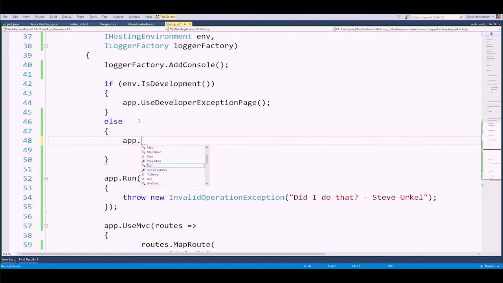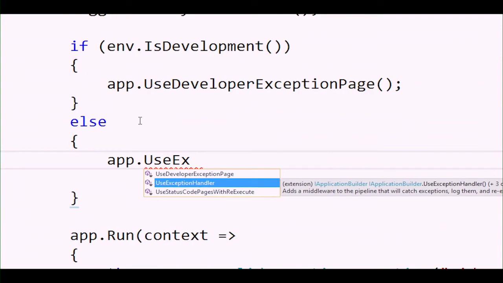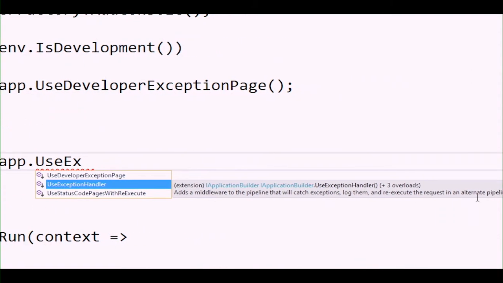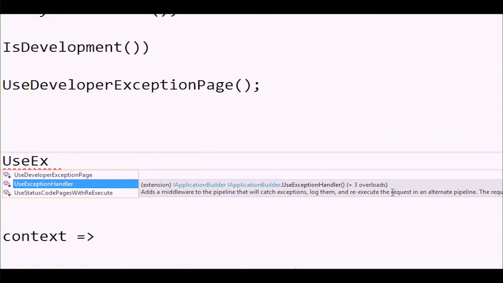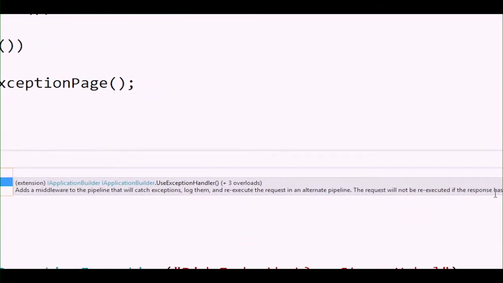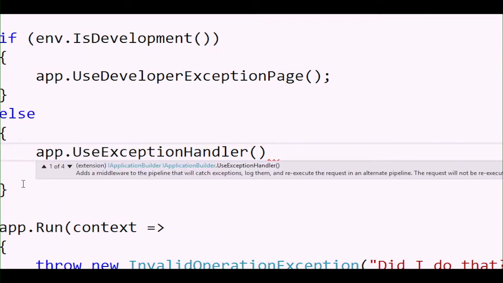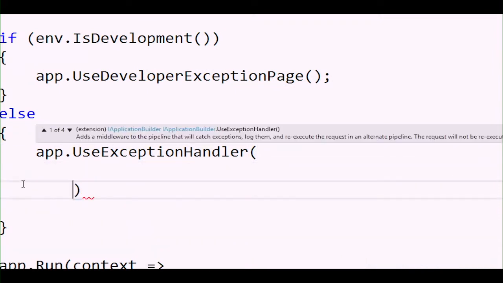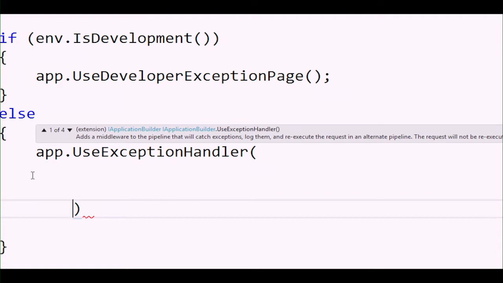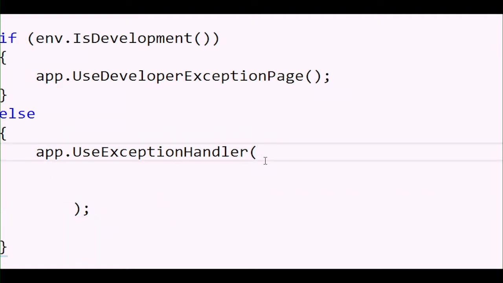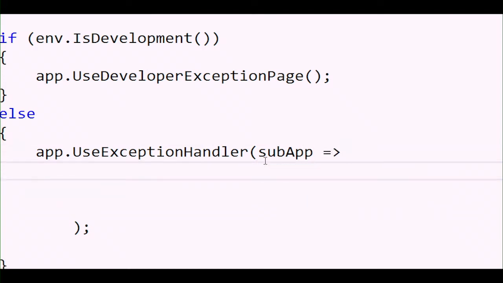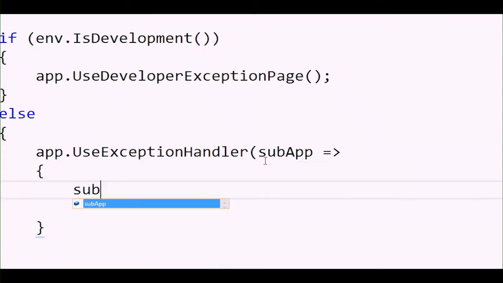Okay. So we'll say app.UseExceptionHandler. Adds middleware to the pipeline to catch exceptions, logs them, and then re-executes the request in an alternate pipeline. Okay? So we're going to say exception handler, and then we're not going to use app. We're going to use subapp. So this is an alternate pipeline because the one that's broken is kind of ruined for us at this point. Sure. So we're going to go here and we're going to say subapp.Run